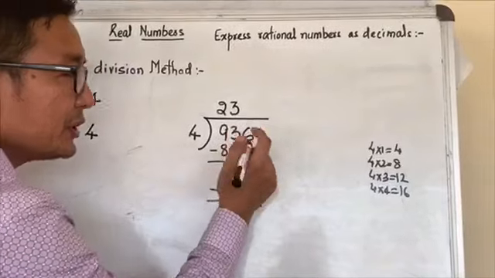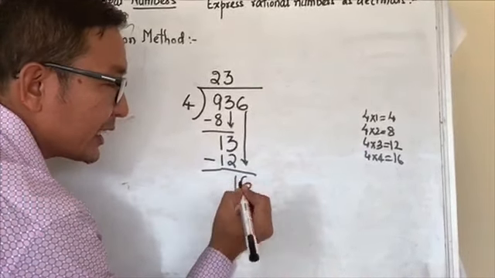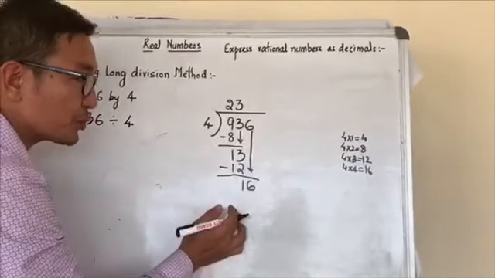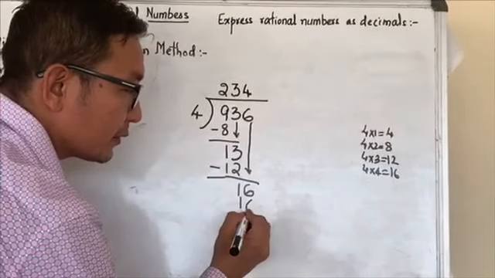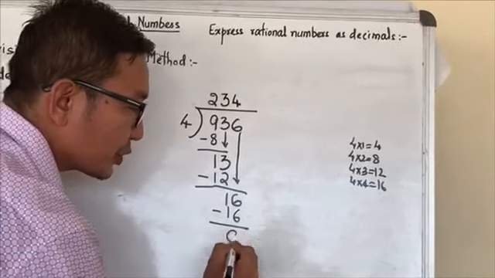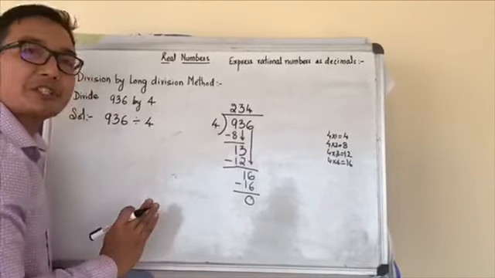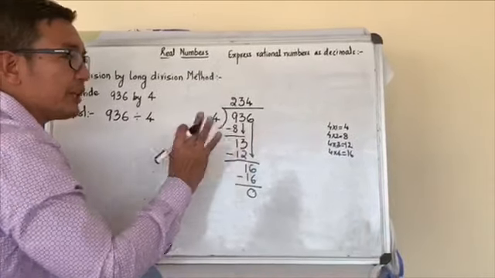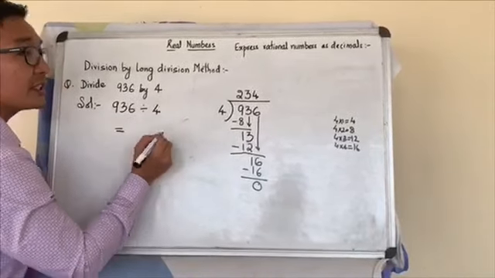We copy the 6 down, so the remainder 1 becomes 16. 4 times 4 is 16. We subtract, and the remainder is 0, so the division terminates. The division is finished, so this divided by this is equal to